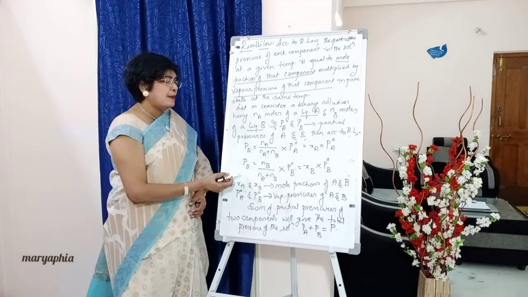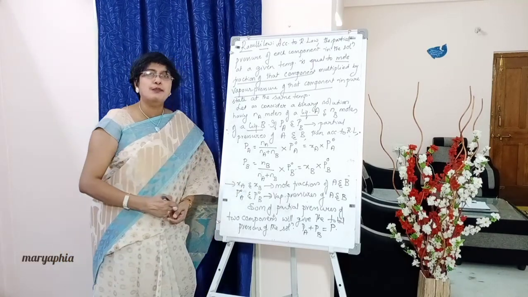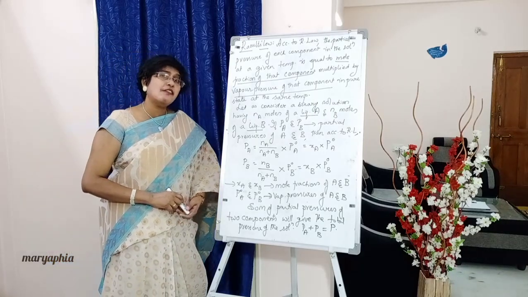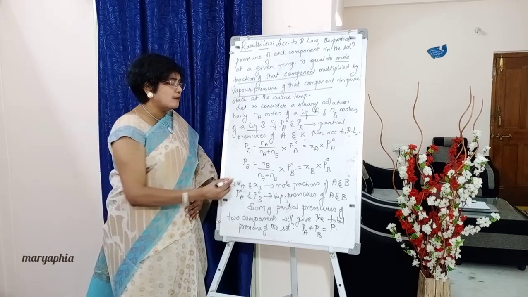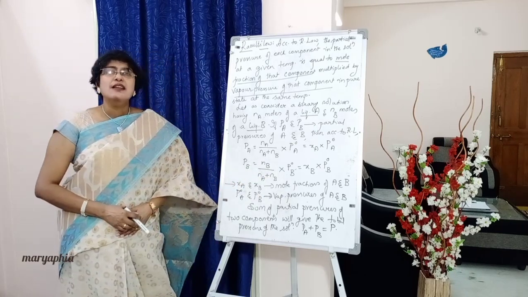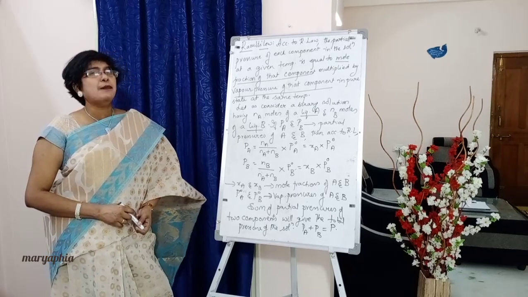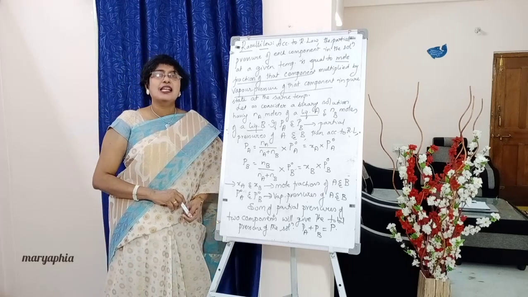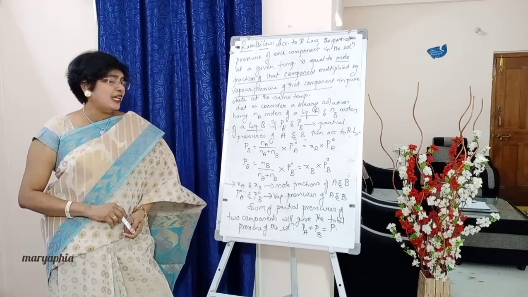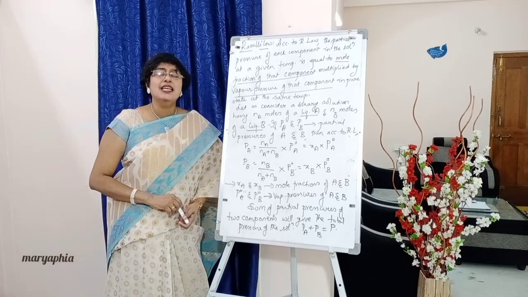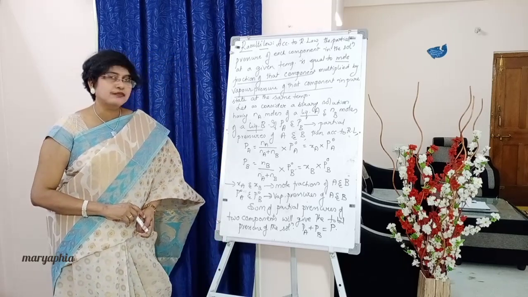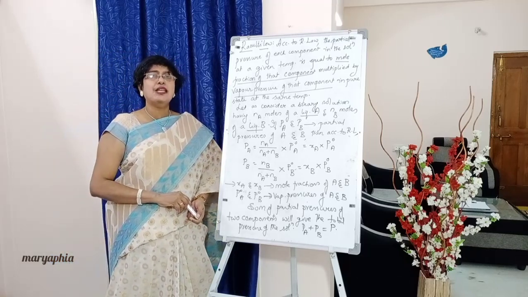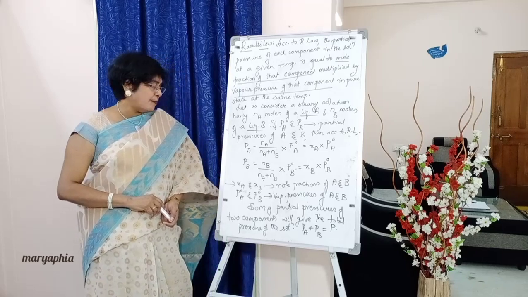Okay students. Next, Pb is equal to mole fraction of B, Nb by Na plus Nb, into vapor pressure of B, P naught B. This we can simply write as XB, where XB is the mole fraction of B, multiplied by P naught B. Where XA and XB are the mole fractions of A and B, and P naught A and P naught B are the vapor pressures of A and B. Okay students, understood now?